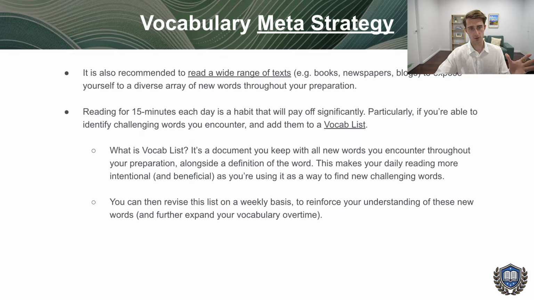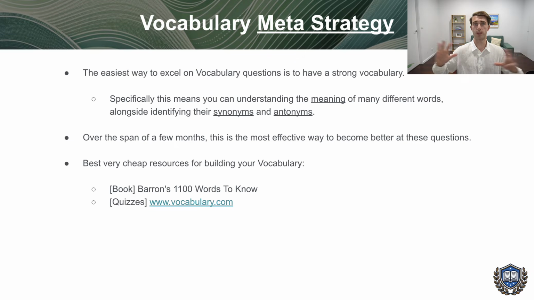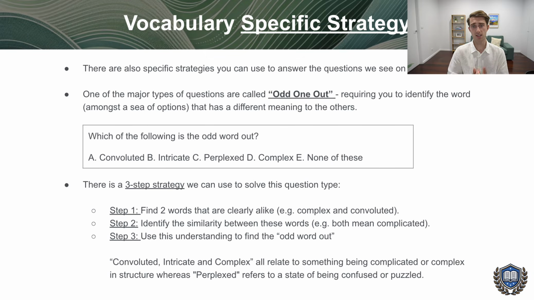So that's kind of the meta strategy, which is focused on improving your overall vocab so you understand more words. So there's a higher chance when questions come up, you know the words rather than you don't. Now, the specific strategy, there's a number of different ones for the different question types. They're all pretty similar, so I'll just show you one of them, which is for odd word out. So this question type is kind of perfect to show the strategy. So what you want to do is, for this question here, you can see it says, which of the following is the odd word out? So we're looking for which word does not fit with the rest.